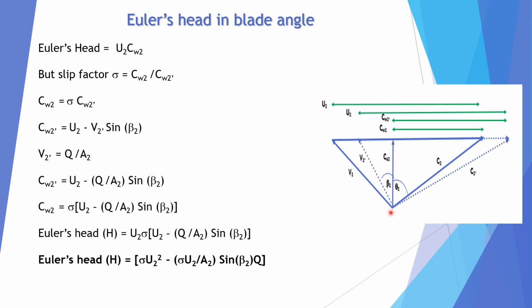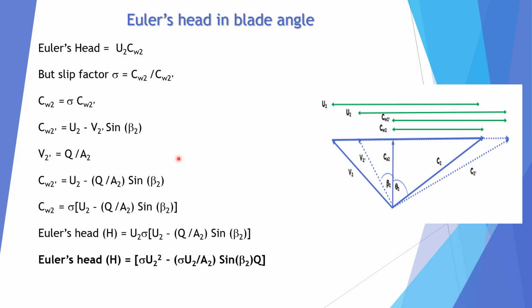But what is V2 dash? V2 dash is Q upon A2. Q is the actual flow, outlet actual flow. Since flow is same inlet and outlet, we can write Q upon A2. A2 is the outlet cross-sectional area perpendicular to